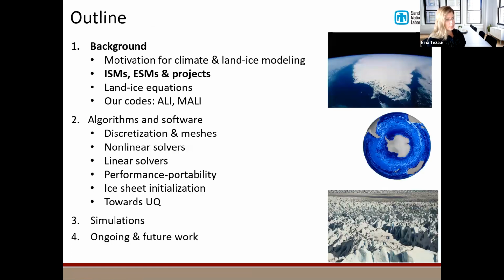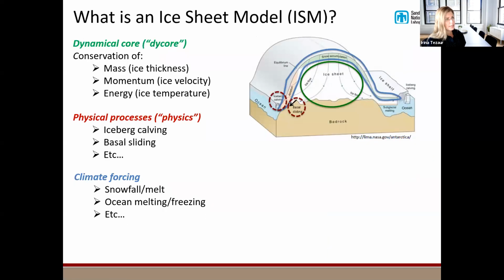So let's actually talk about what is an ice sheet model. This cartoon here on the right is kind of the anatomy of a typical ice sheet model. And I think of this as having three key pieces, which are shown in these three colors, the red, green, and blue. So the green piece is what's called the dynamical core, the dycore, and this consists of a